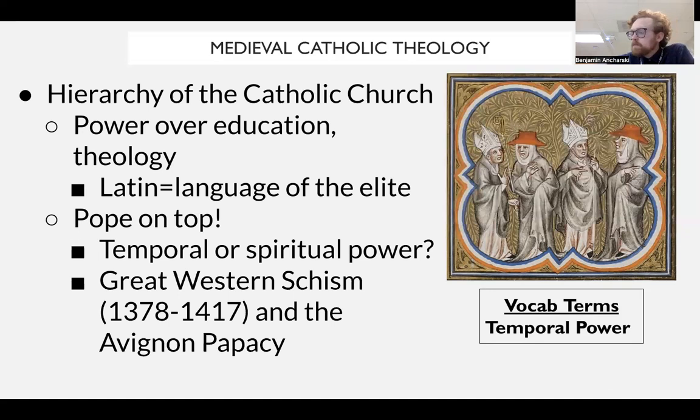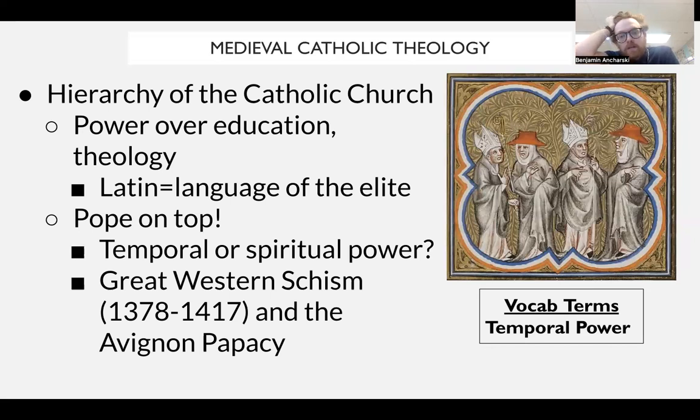But we're also going to see that the papacy will become politically weakened because of an event known as the Great Western Schism. The Great Western Schism is not going to lead to a new form of Christianity, but it is a symbol of the weakness of the authority of the Catholic Church. You wouldn't need to know this for the Unit 3 exam, much less for the AP. But what essentially goes on is that the Pope dies and you need to pick a new Pope, so all the cardinals get together and elect a new guy, and this new Pope is going to be loyal to France. He is going to be kept in France in the city of Avignon.